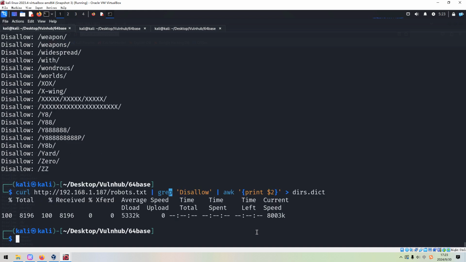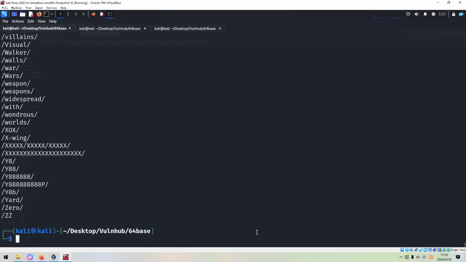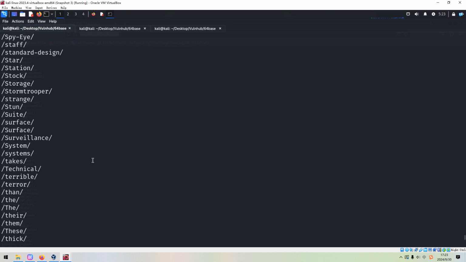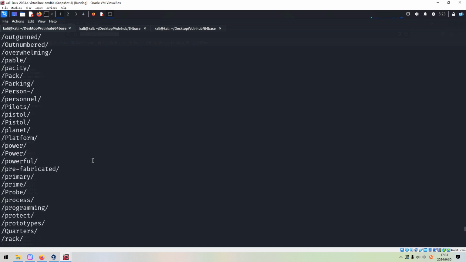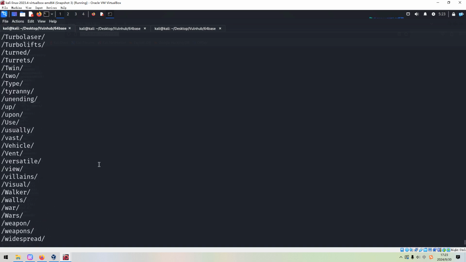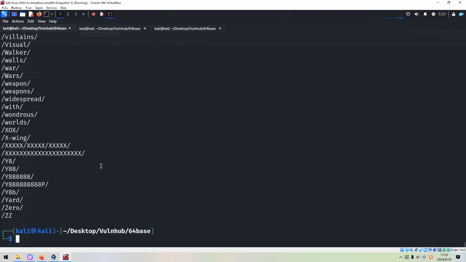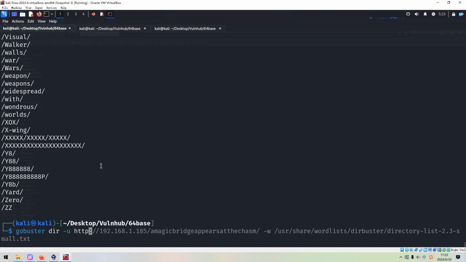Okay, and we can cat out this file. It looks good. We are doing well. So next, I think we can use GoBuster to do the directory enumeration, right?